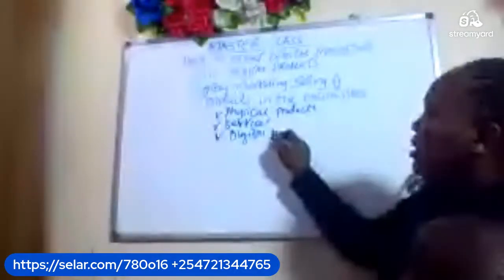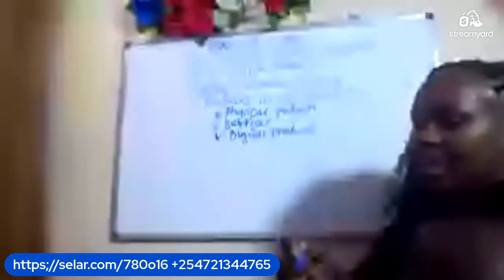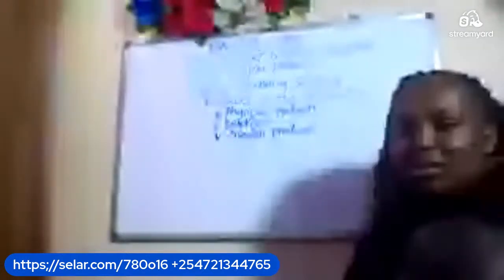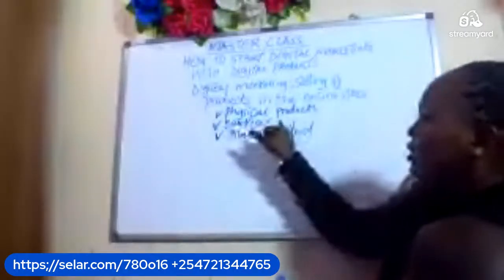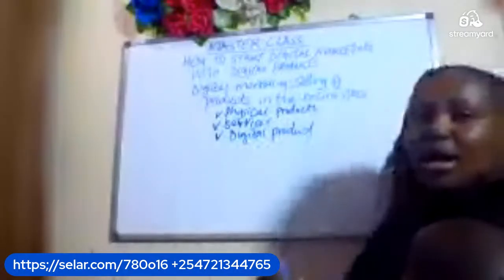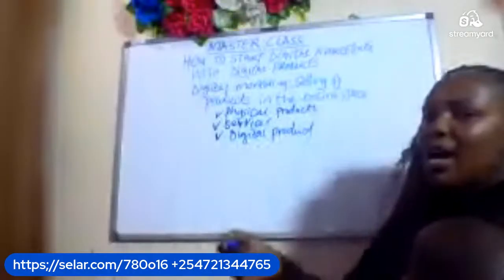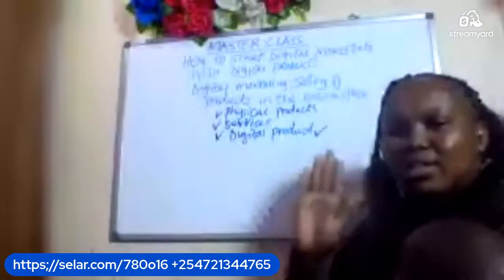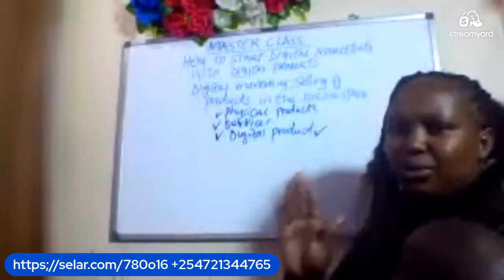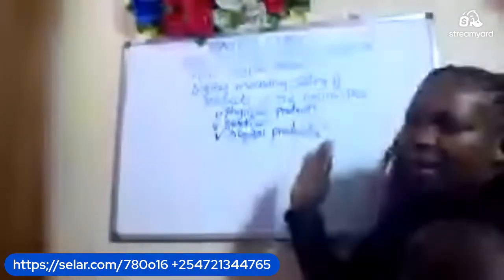And remember, we've said with the digital product, it's either in the entertainment industry or you are dealing with transformational products. So physical product or services or digital product. And as for me, I normally deal with digital products. So when you hear digital marketing, it is all about selling through the internet or selling products in the online space. Simple and clear, right?